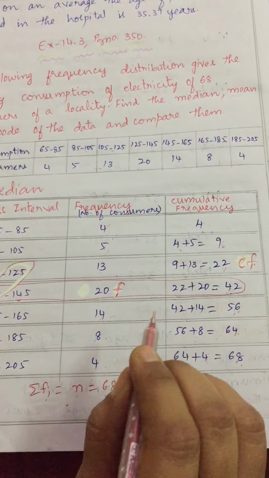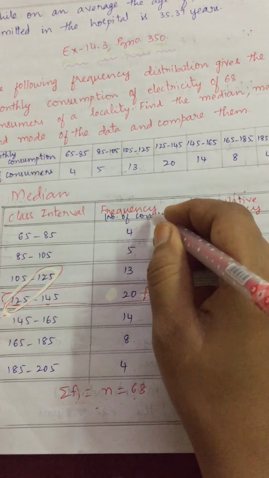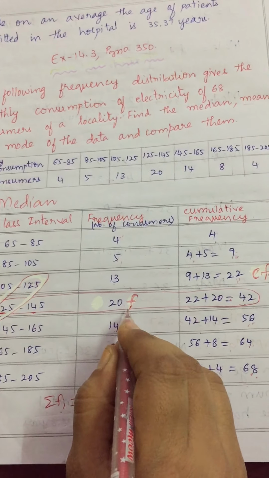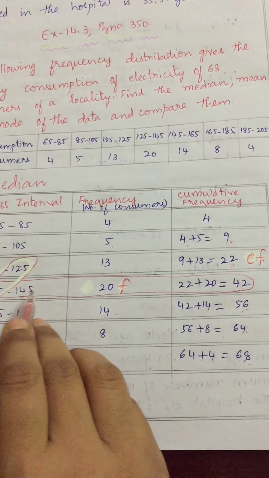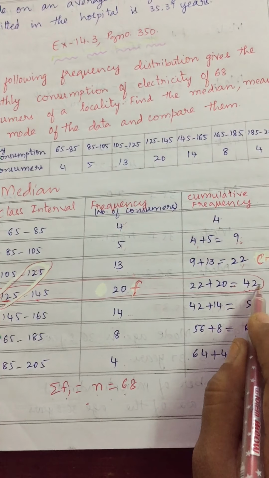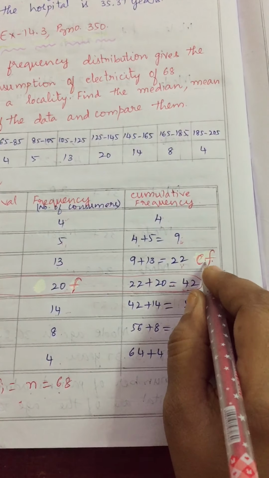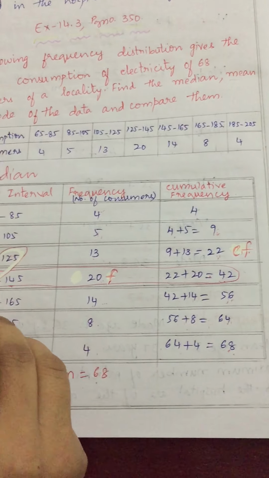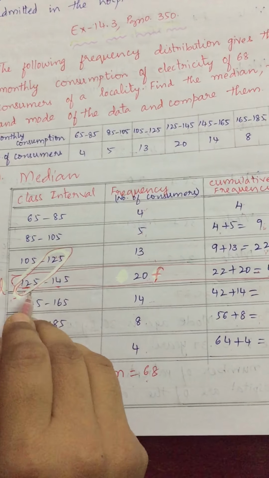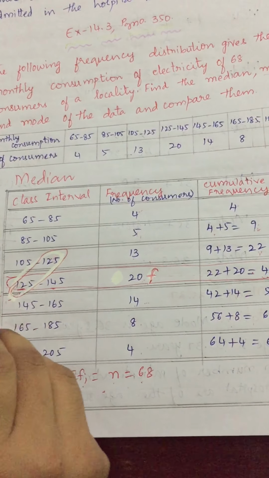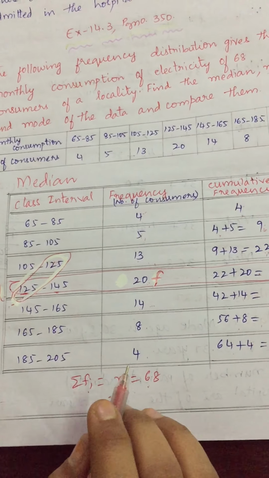But the thing is, how to find F and CF? Just now I have shown you. See in the frequency column, highest frequency, that is F, correct? In the same row, for cumulative frequency you take the above row value, that is nothing but CF. Clear? In class interval you see the lower limit, whether it is continuous or discontinuous. You check. If it is continuous, directly you can take the lower limit. Clear children? This is one way.